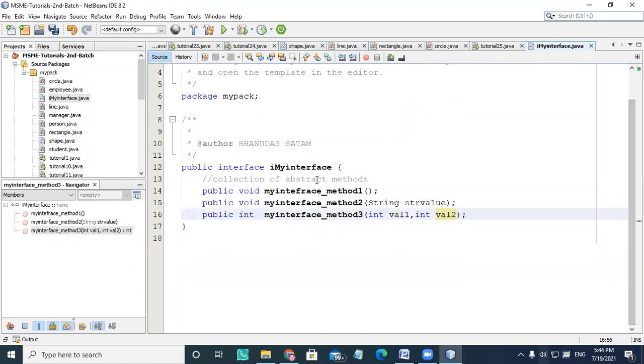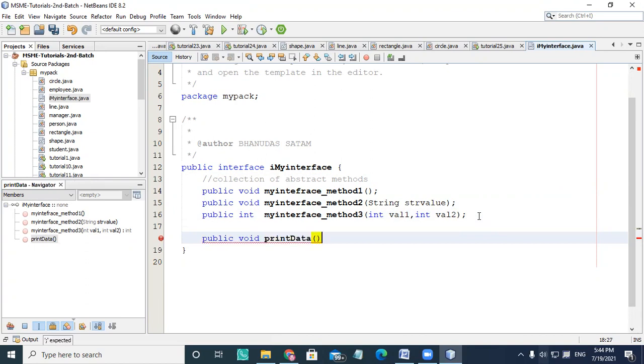Because an interface has abstract methods and some static methods too, I can use a static method like public static void print data here. This is a method of the interface which is a static method.